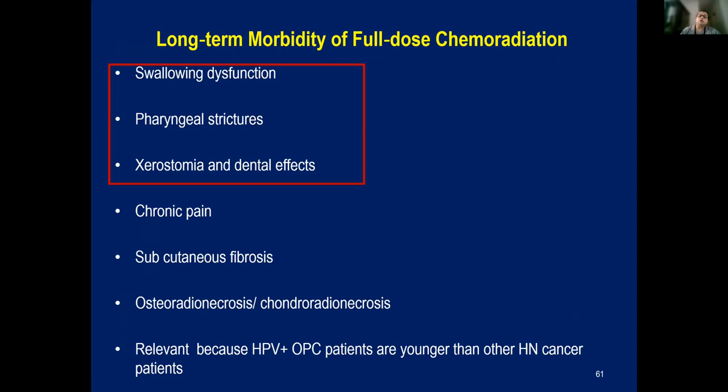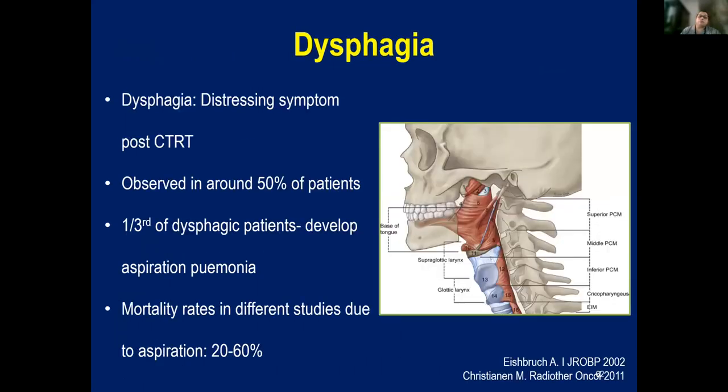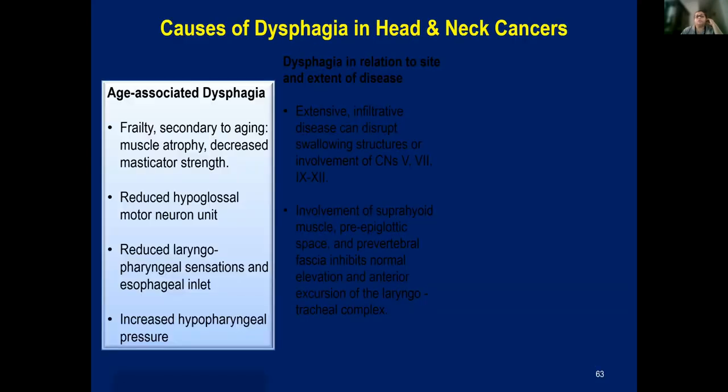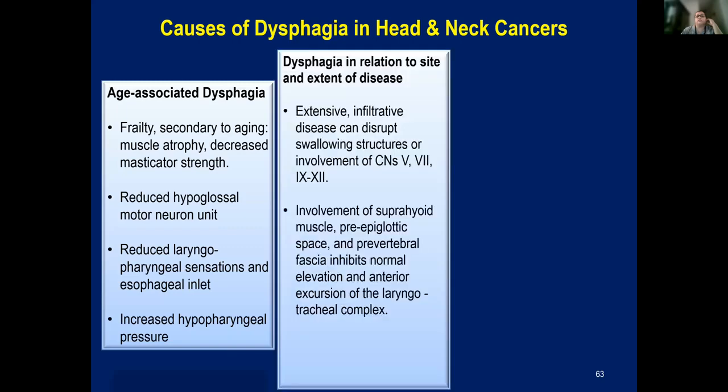I've been asked to talk about the importance of DARS structures. So we know about the DARS structures. Dysphagia is a distressing symptom that we see in patients post-CTRT, observed in about 50% of patients. One third of dysphagic patients actually develop aspiration pneumonia, and mortality rates in different studies range from anywhere between 20 to 60%. So these are the various causes of dysphagia: age, the disease and the extent of disease, and